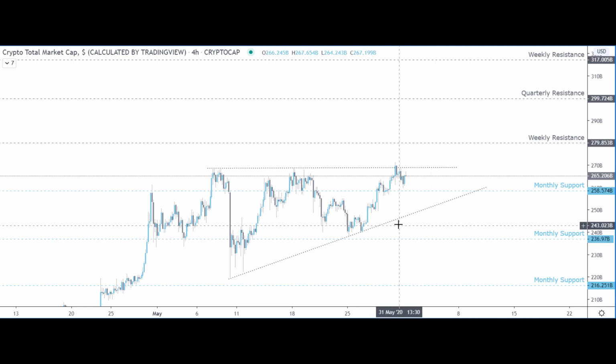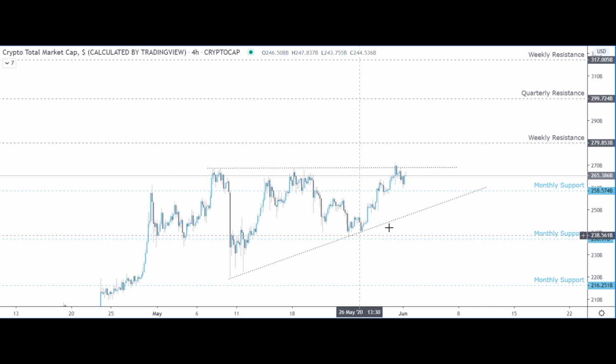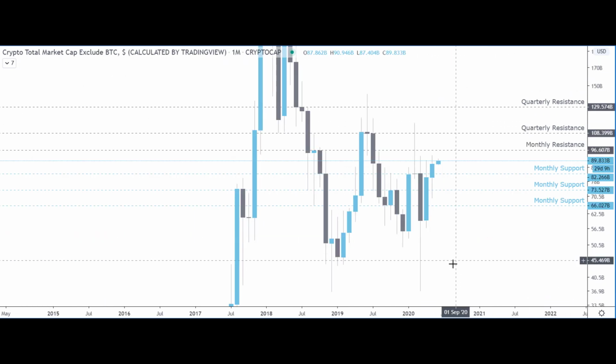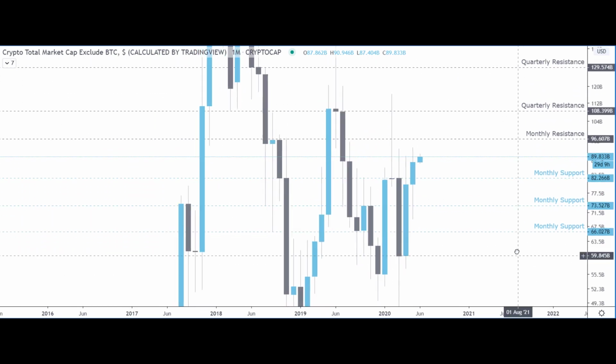Most ideally, if this trade for price to come down here is crowded, I would say that we still have this possibility of shaking out and coming to catch either this or this liquidity level. So be aware of that. I would say watch for the liquidity levels for the long side, and catch a breakout trade if you are looking for further upside. If you look at the altcoin market cap chart, you can see quite a different picture,